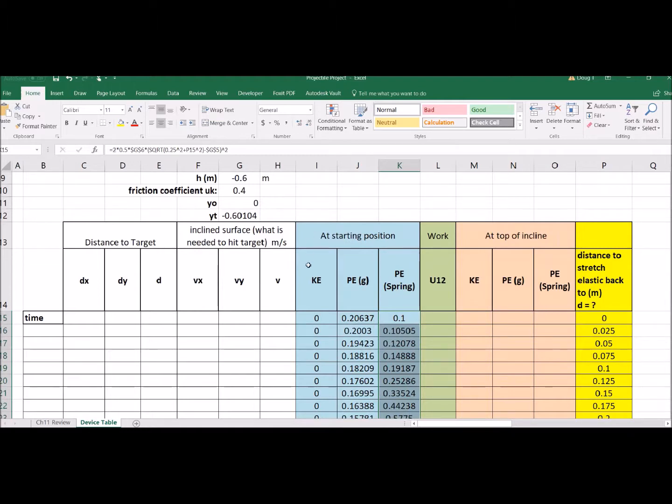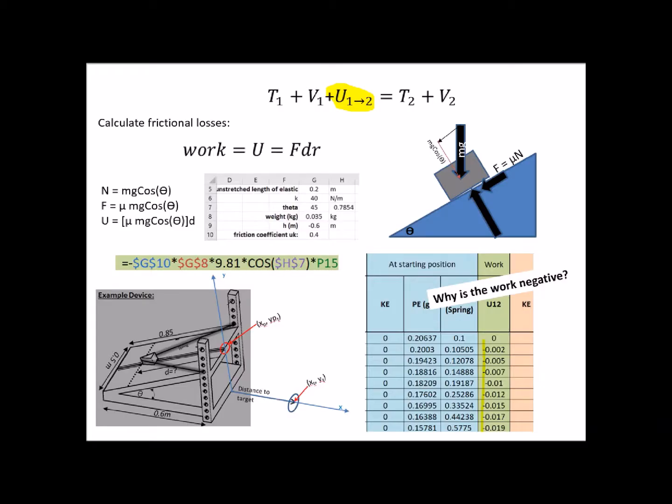So there is all of our starting energies. The last thing we have to add is our work. Okay, the next column we fill out here is for work. You'll notice that work is negative. It's slowing it down. What we have here is, let's say that this little block is scraping all the way